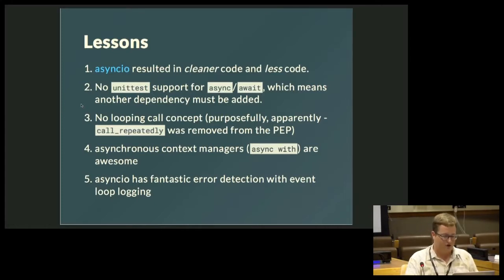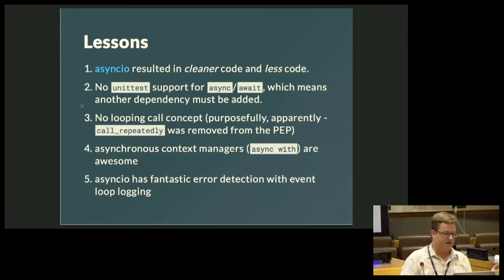Unfortunately, there's no unit test support for async or await, which means another dependency has to be added. So there are libraries out there that you can use to help you test async and await code. There's no looping call concept, which is something I use in a few places from Twisted. This is where you say, do this thing every 10 minutes or every 5 minutes,